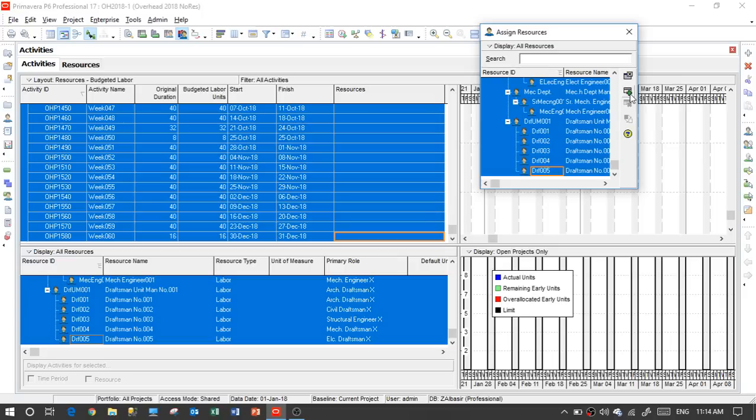It takes time because we are doing a trick here by adding all the resources at once for all activities at once. Now in real life, we have to go back and edit the budgeted hours for each labor step by step. However, there is another trick I will teach you later on. Now we have the duration by hour. So we see 40 hours, which means a full week. And we have budgeted hours and units of 40. However, this is 40 as one resource.